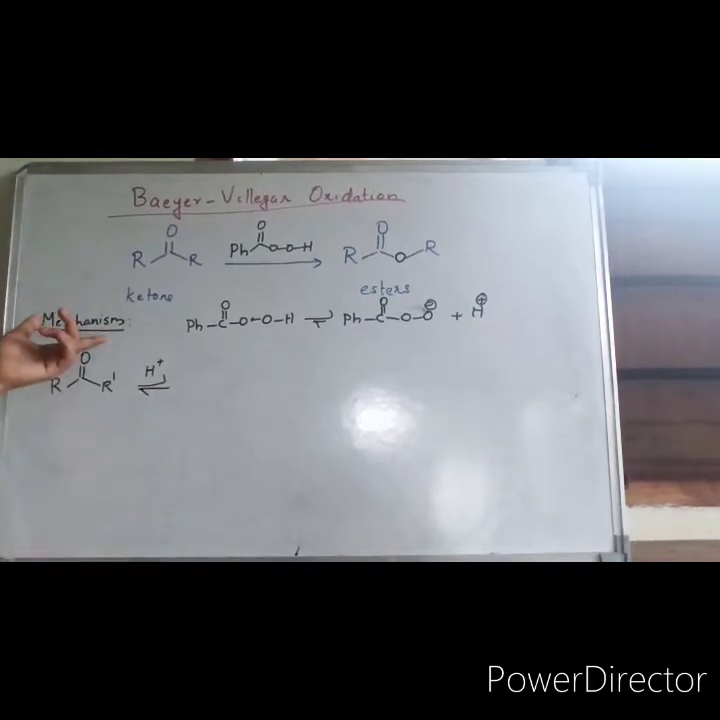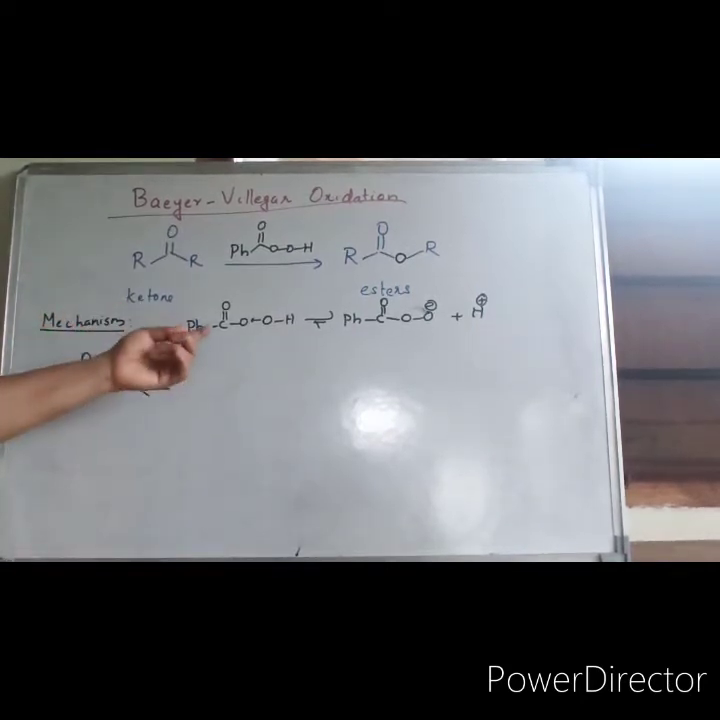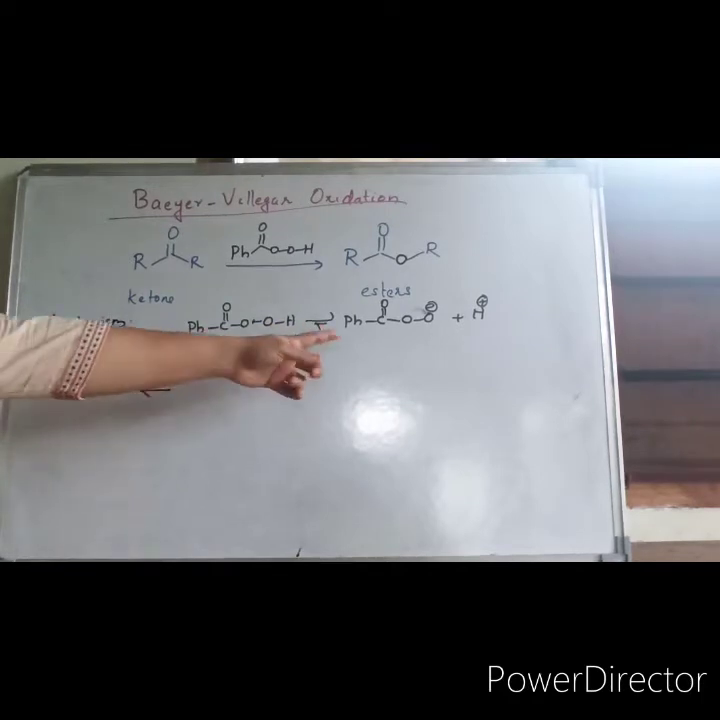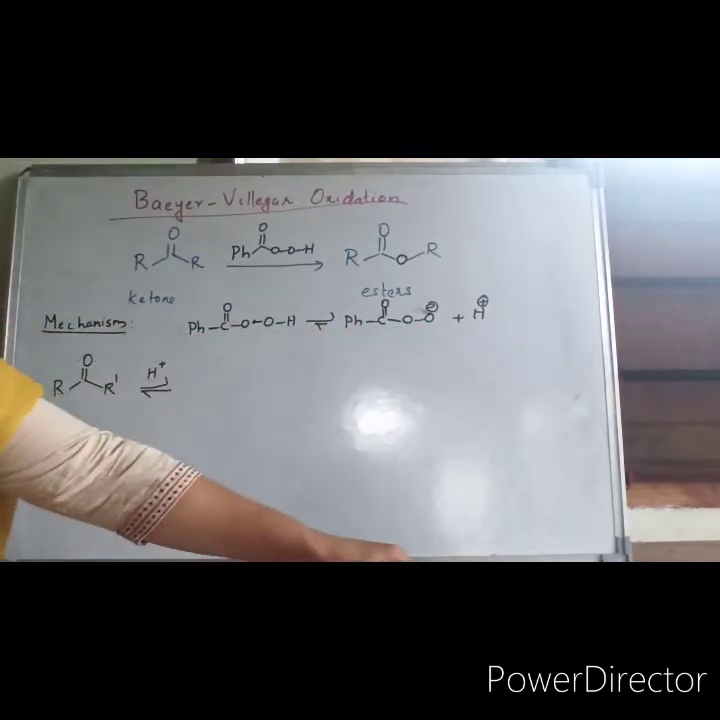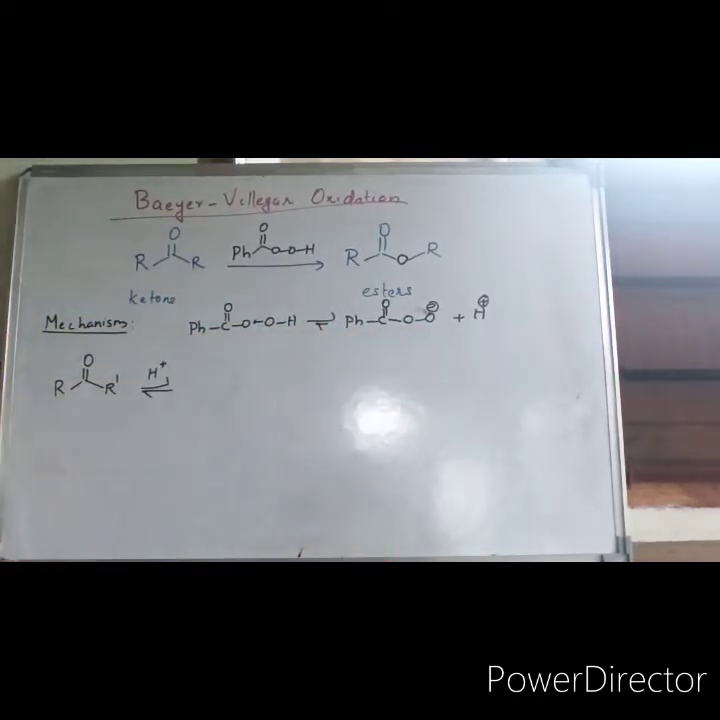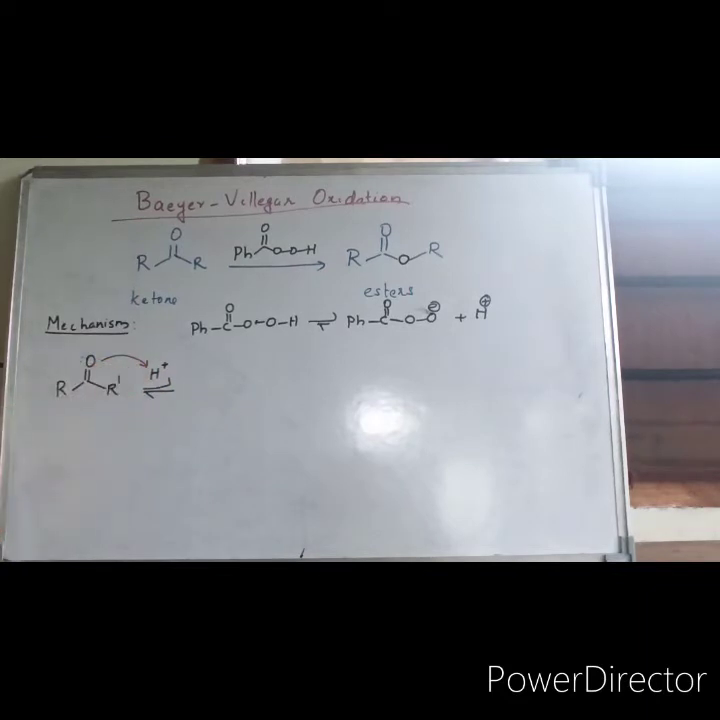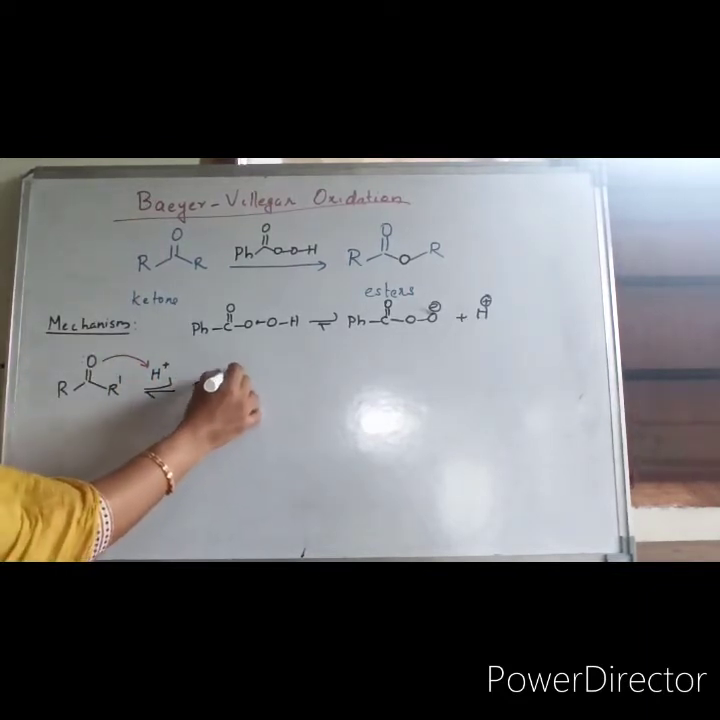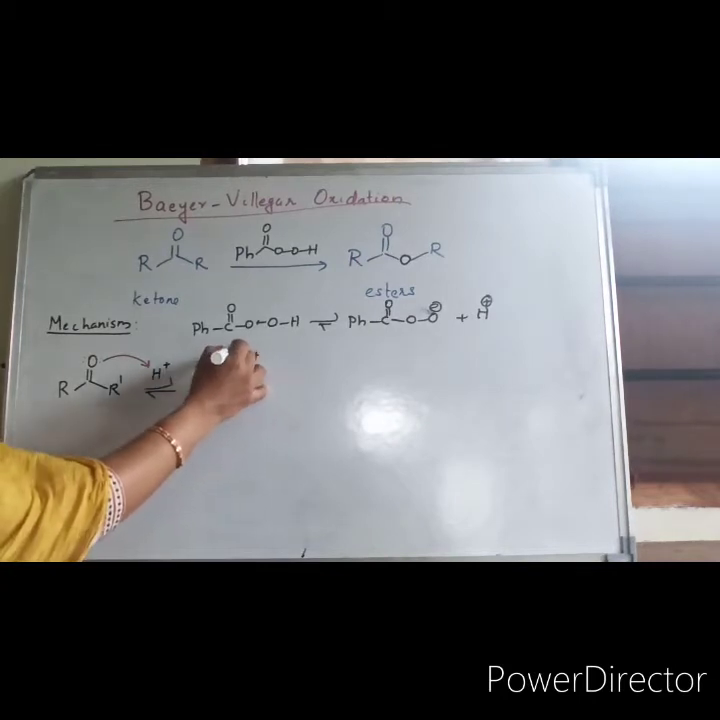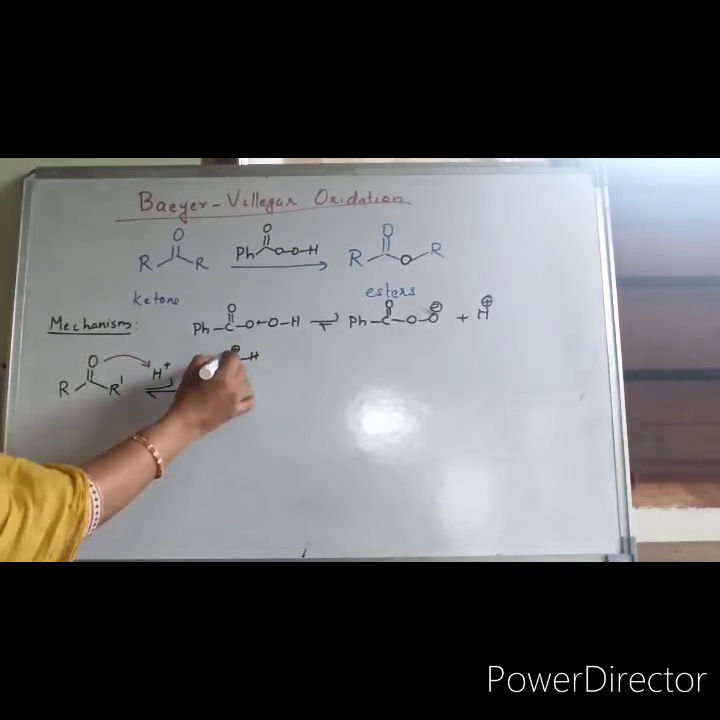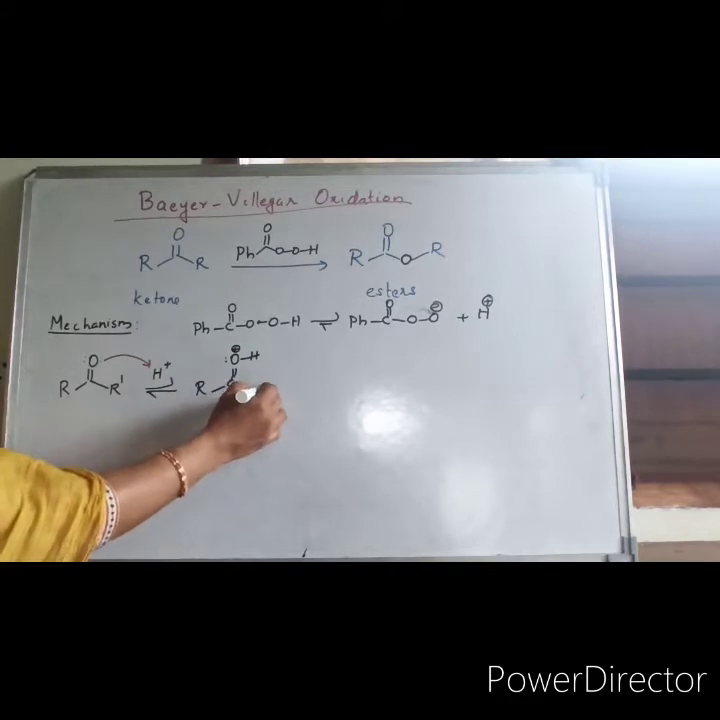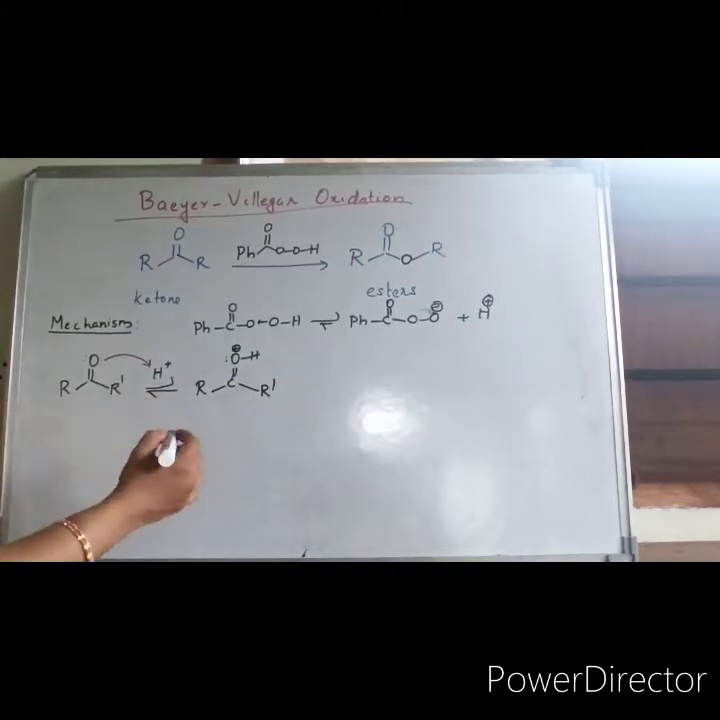So let us look into the mechanism of the reaction. The peracid will be decomposing into this anion and H+. So this ketone will be reacting with H+, and the lone pair will be taking up this proton, and you will be getting C double bond O-H+. One lone pair is lost, the other one is there, R dash. Okay, in the next step,